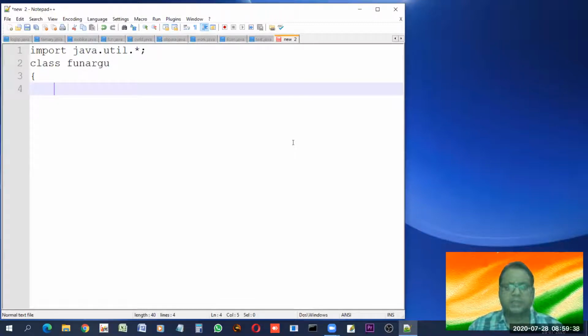So the scenario here is, suppose a problem is given to find the area of a rectangle, the area of a circle, and the area of a triangle. So we have to find the area of three enclosed figures, but the criterion is that we do not have to write everything in the main function. We have to make different functions for them. Now let me start with a function.